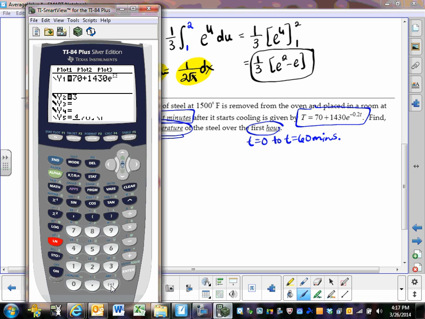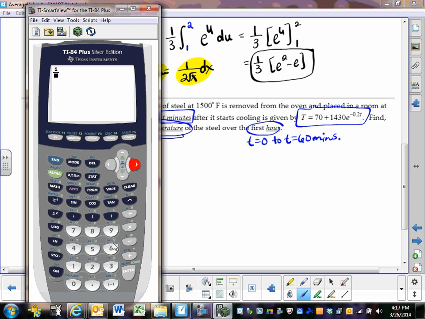It's not 0.02. And it's not just 2, it's negative 0.2x. Do your best to make sure you're making it match your paper. I know it might seem redundant to put the 0 there to some people, but the best you can make it match the paper, the less likely you are to make typo mistakes. Okay. So then I can type in the integral